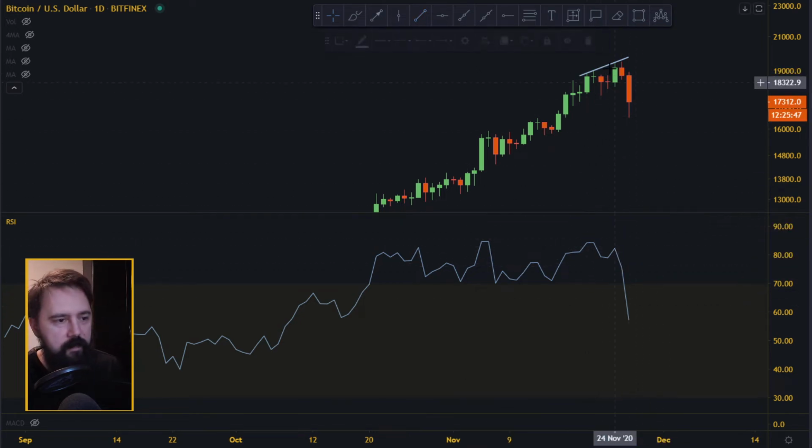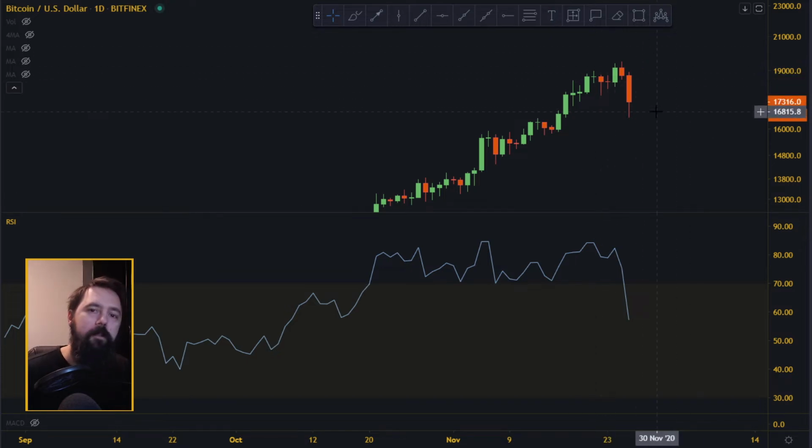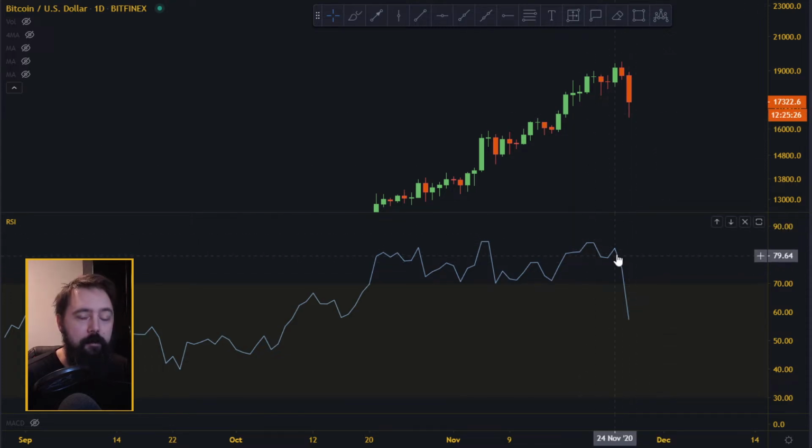But the divergence is not the most important part. The most important part is that the RSI did not drop back down to the 70. It dropped back down to the 79 before it continued upwards. That means it does not have any more force to push the price higher up. So with a double top on the 4 hourly, and this RSI not going down enough to give it more force to continue the rally up, the drop had to come.